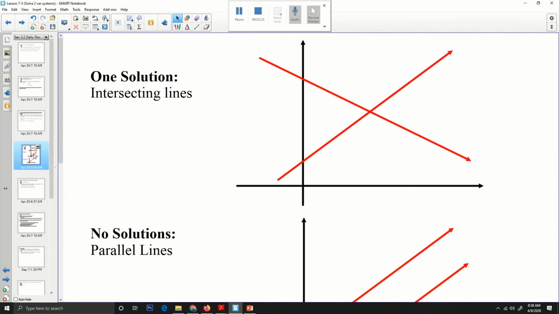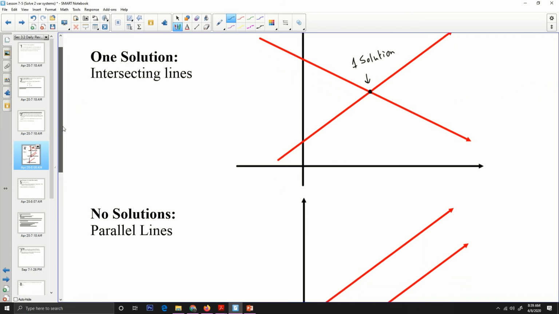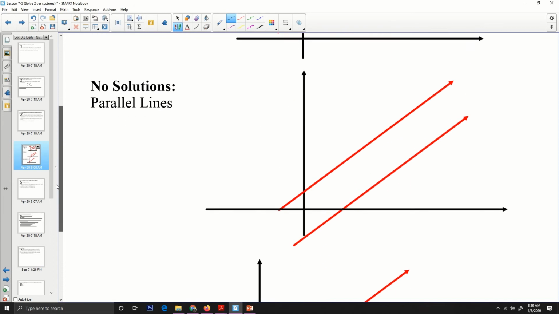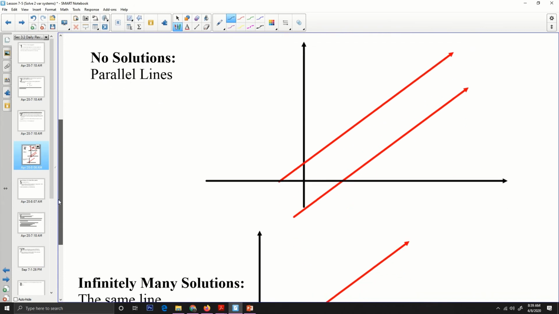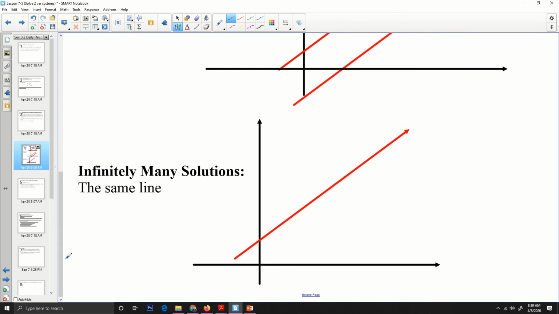And what do I mean by that? If a system of linear equations has one solution, then you will have two lines that intersect, and the solution to that system is this point right here. This is one solution. If you have no solutions, we are talking about parallel lines, and so that system has no solutions. And then you can have infinitely many solutions, and that will be when the system has two equations that are